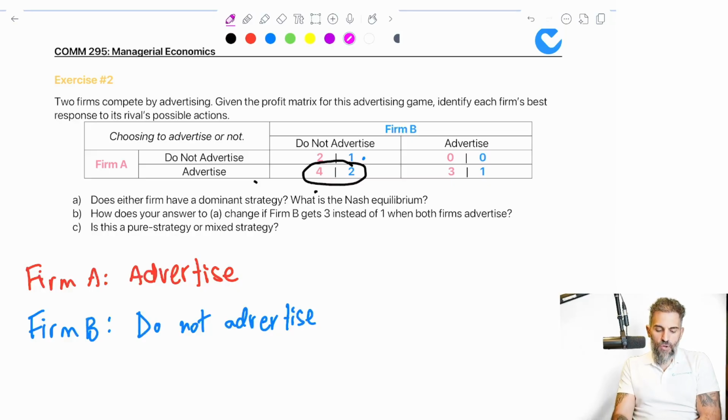Okay, so when each player has a dominant strategy, then basically the